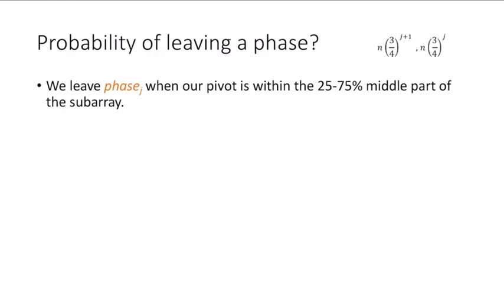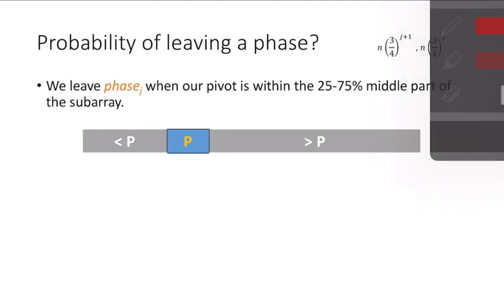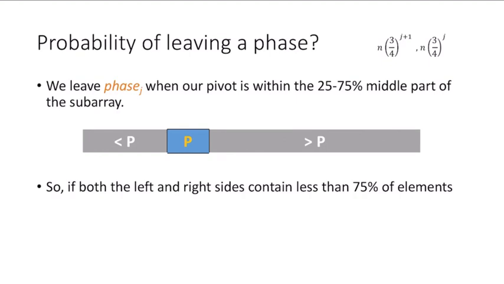All right, well, let's dig into this. Why is this phase notation useful? It just sounds sort of made up. Why do we care about phases? Well, we will leave a phase when our pivot element is within the 25 to 75 percentile middle part of the subarray. So if we choose a pivot element somewhere in that middle 25 to 75 percentile, why is that? Because if we do that, that means that both the left-hand side and the right-hand side contain less than 75% of the data,